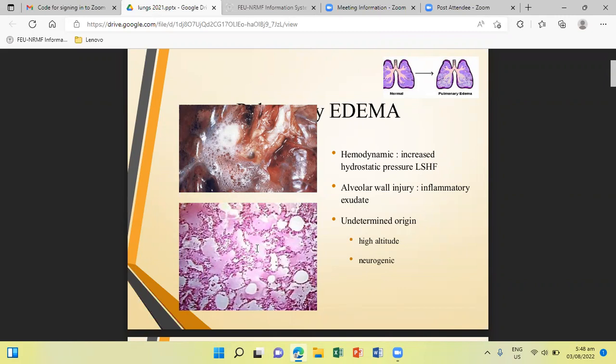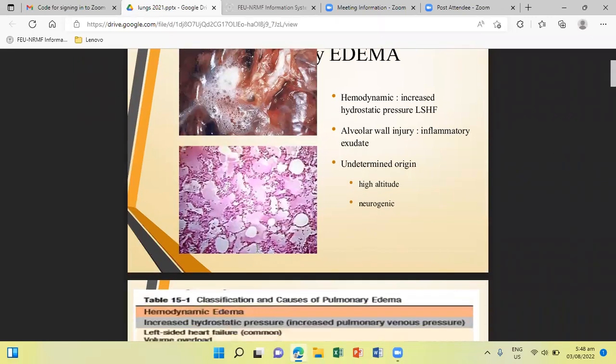In long-standing pulmonary congestion, for example, like in mitral stenosis, as I have said, they tend to be more abundant, and fibrosis is expected. There is thickening of the alveolar walls, which causes the lungs to be soggy and firm and brown, and this is what we call brown induration.